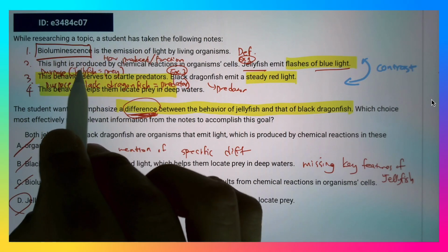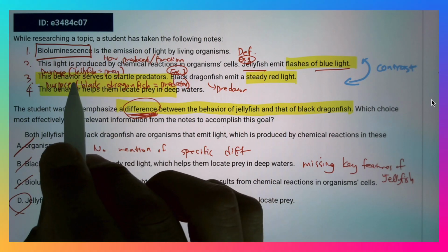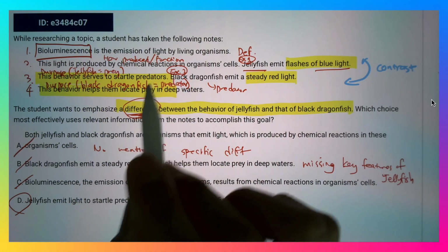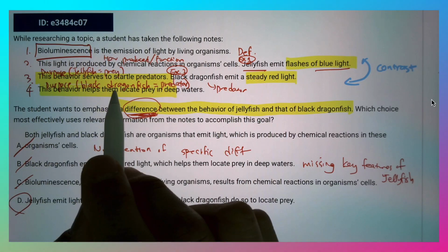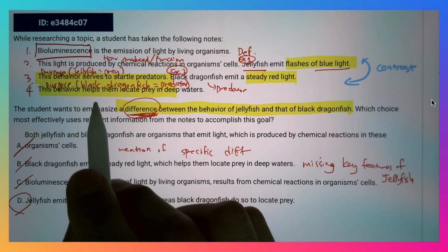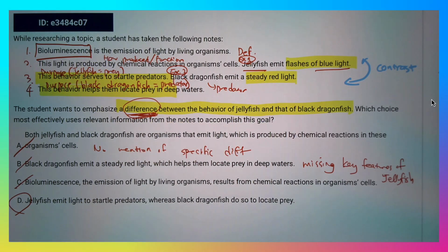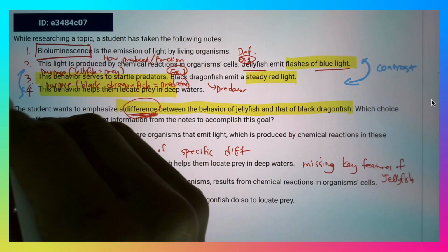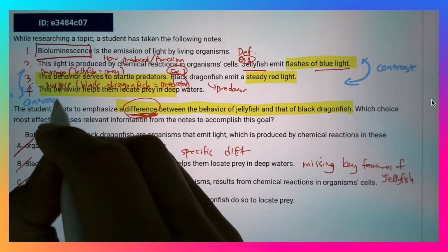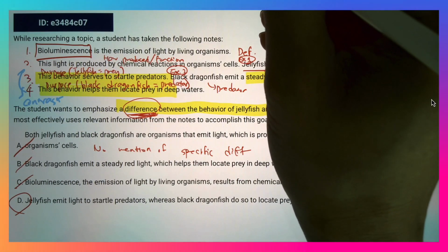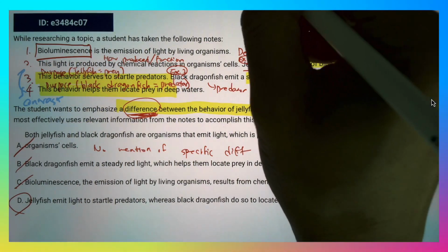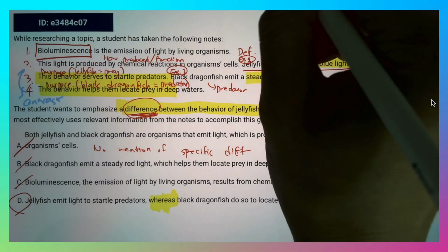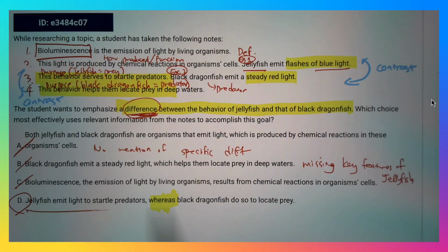Okay, I mentioned earlier the jellyfish as a prey will use this bioluminescence to startle the predator, whereas this behavior of dragonfish will locate the prey in deep waters. Okay, so these are contrasts. So are these two purposes. Another contrast. Okay, and also the keyword you see is whereas. Anytime they talk about difference and you see the whereas, that's very likely the answer. Okay, the correct answer should be the